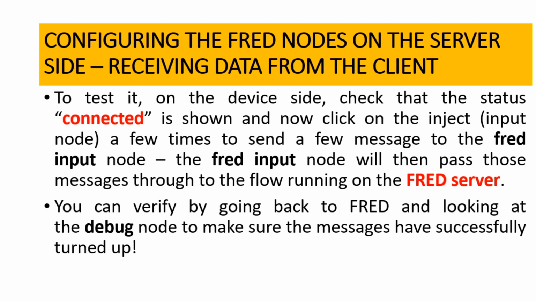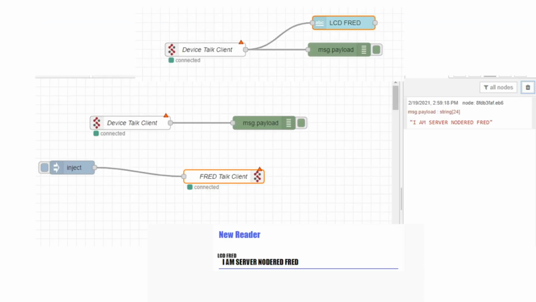Whichever platform you are transmitting the data from, the other platform will receive the output, and the output will be displayed in the debug monitor as well. Here I just brought an extra thing. I have connected an LCD also, so that apart from the message debug monitor, I could see the output in the LCD as well. So this is my server Node-RED FRED. I'm sending data from here that is going to be displayed on the client's device.